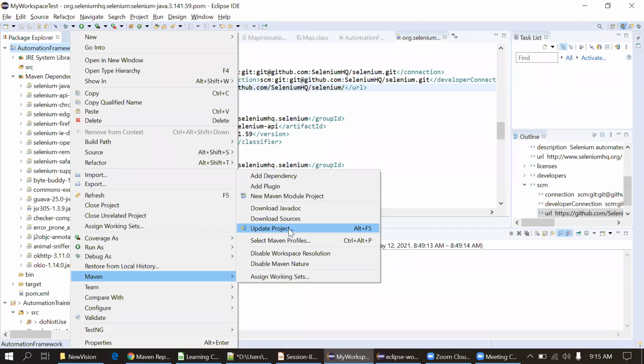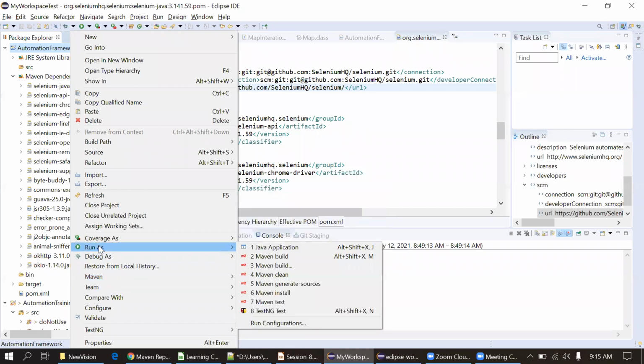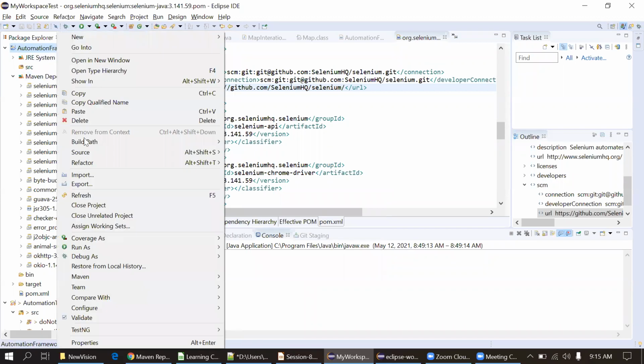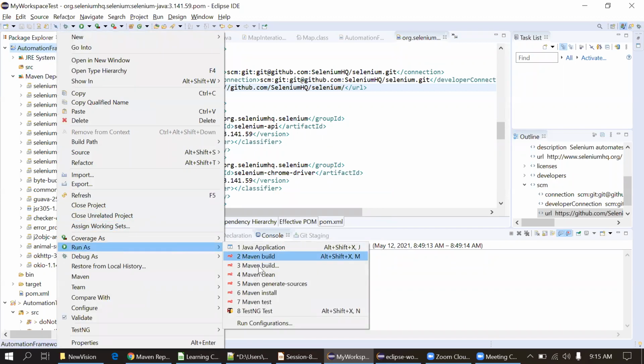And suppose you have taken a new project, and in some cases the dependency won't get downloaded automatically. Simply right click on this project, run as, and use this option Maven install, or you can just use this option Maven build.